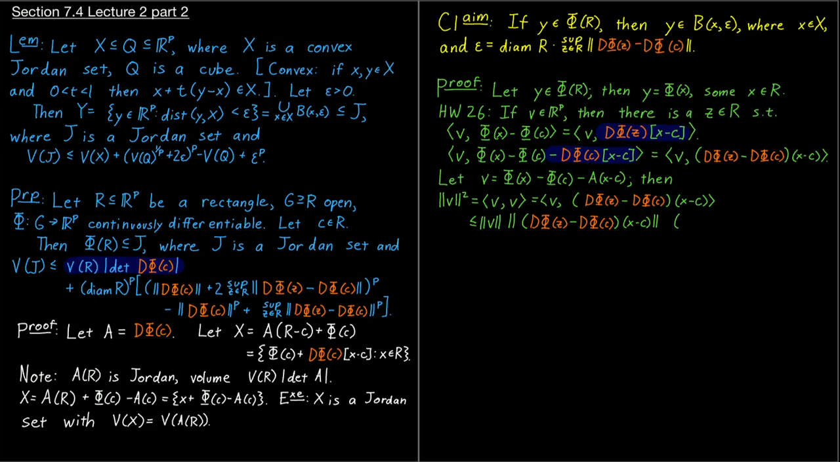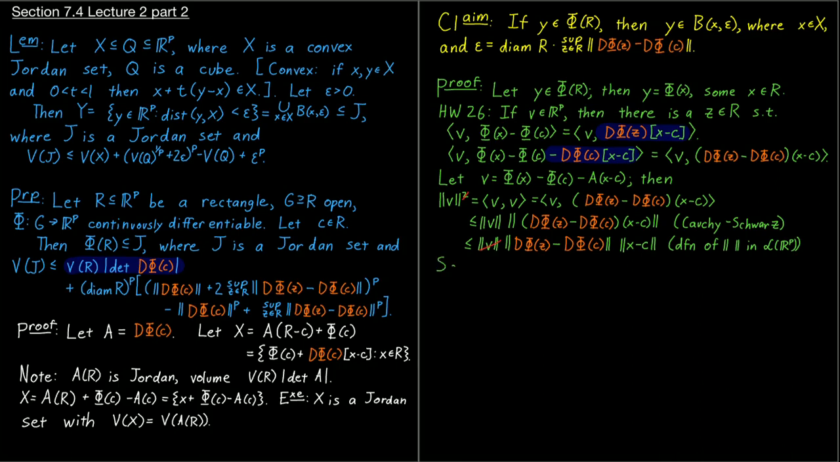And this is by the Cauchy-Schwarz inequality. And that's less than or equal to the norm of V times the norm of our linear function, times the norm of this X minus C. And that's the definition of the norm in L of R^p, the space of linear functions. We cancel out one of the norms of V,